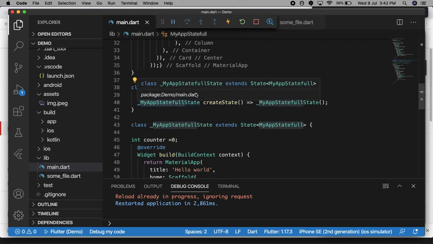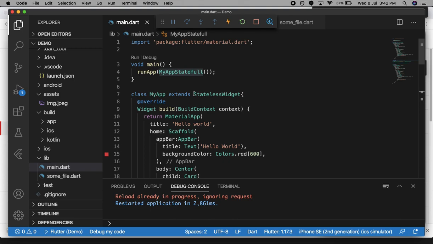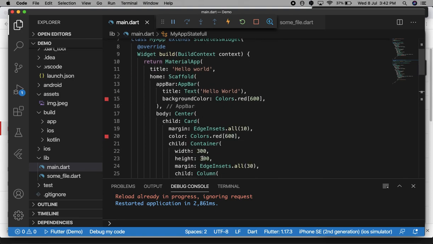Like this, by creating a stateless widget or stateful widget, you can create your custom widgets. My app stateful is a custom widget, and my app is also a custom widget. So these are called custom widgets, same as text or button or icons, whatever widgets exist.